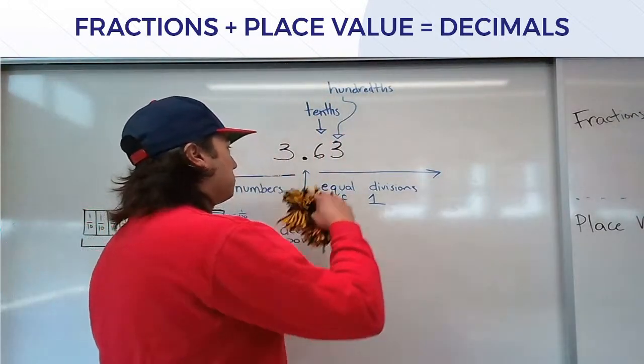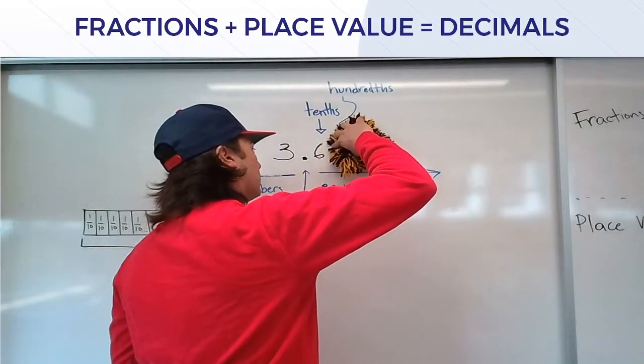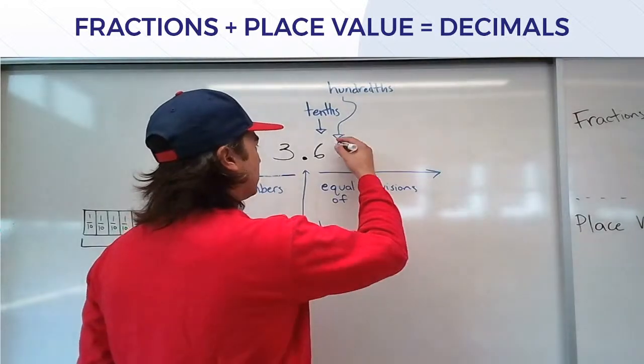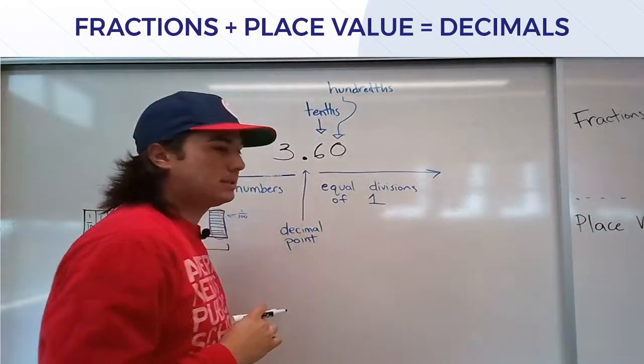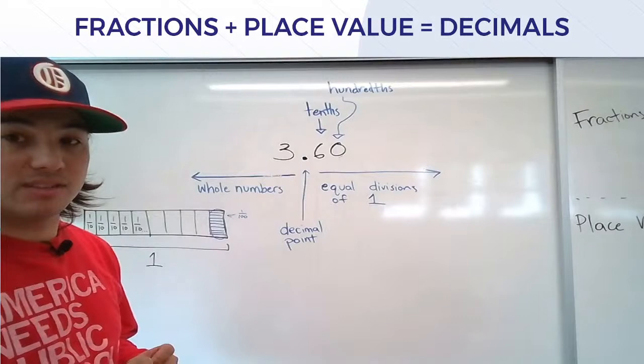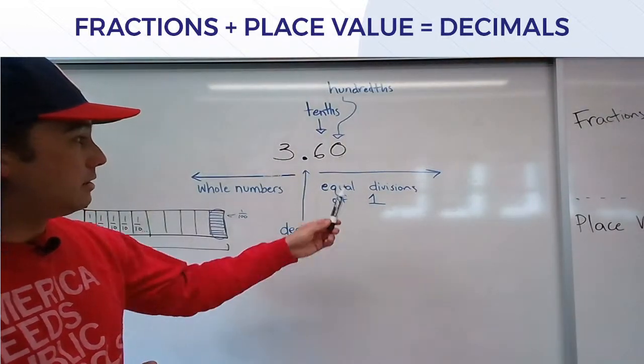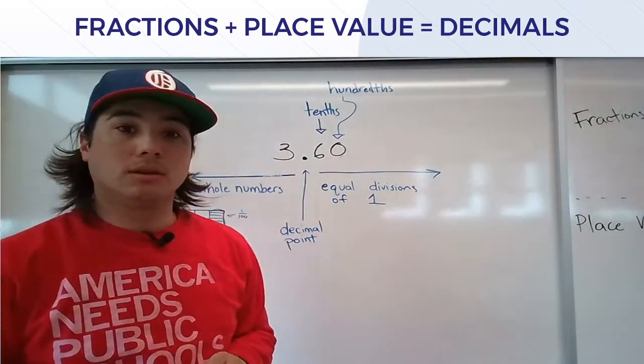If we had, let's say this, we didn't have any hundredths. We just had tenths, right? $3.60. Okay. In this case, actually, we don't actually need the 0 because there's nothing else to the right of